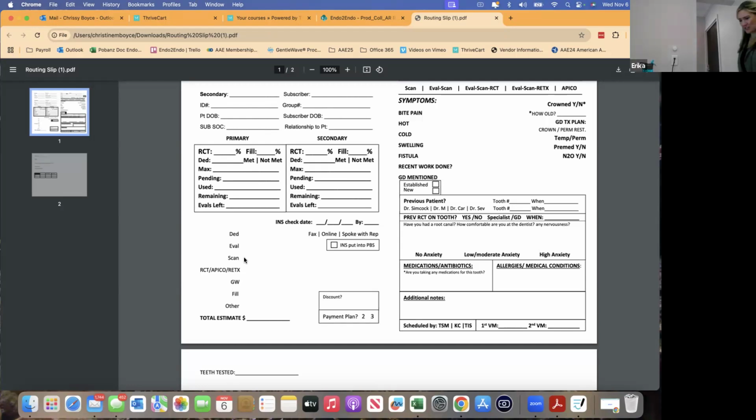Oh, 90, even worse. It's 0140, right? Yes. Okay. So I need to consult with Dr. Simcock on this one, because this is different. So don't change what you're doing yet. I'm just teaching you what we do here. And then we're going to find what is going to be the most efficient and best for you,